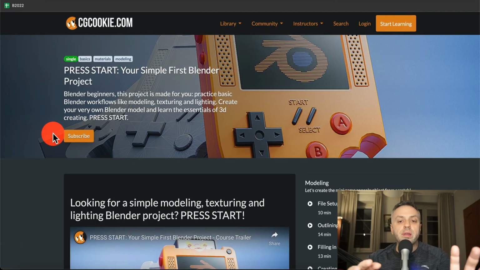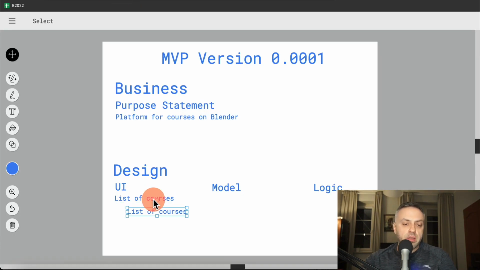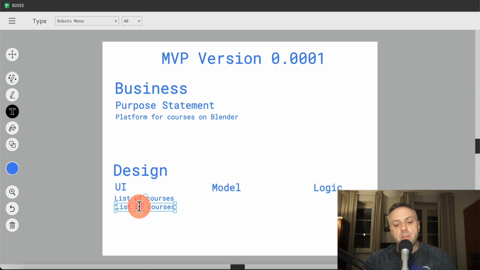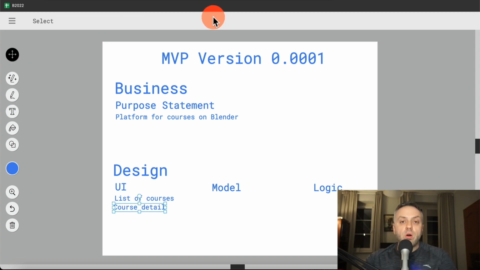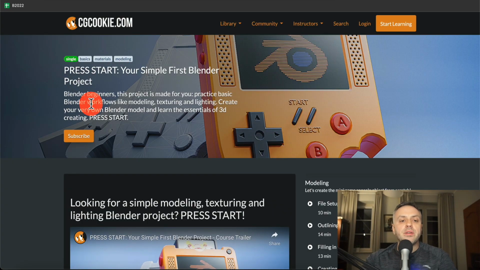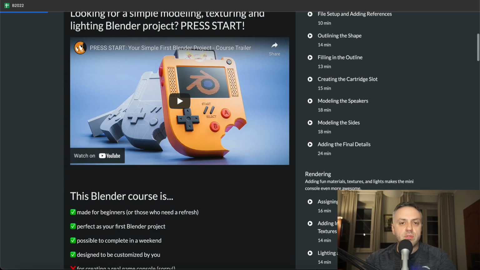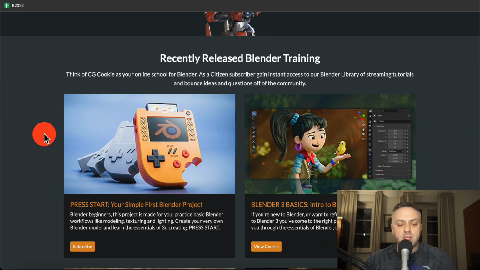All right, so we're here on the main courses page. Let's go back to our diagram here and copy and paste, and we're going to say course detail. So that's the next one. Course detail. What else are we missing? Well, there are different fields. If we go back to this list view, this home page, what do we need to have? This list view is going to display different things having to do with each of the various courses.